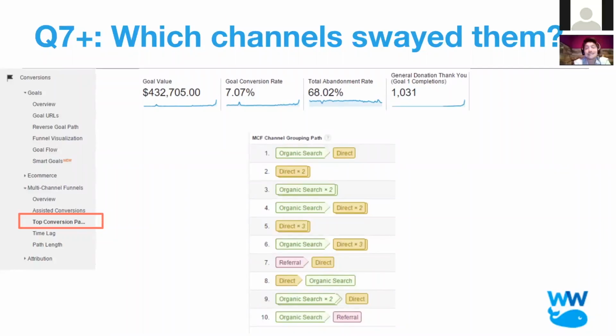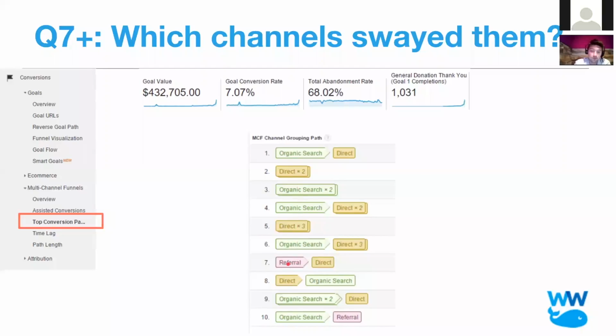poem on Power Poetry. And then, a couple weeks later, they come back and say, hey, what was that website that does that thing? Because I want to post my ode poem because I wrote it. They type in Power Poetry directly and go to the site. Now, if we ignore the fact that organic search helped there, we totally lose the value of how these channels work together. So in this case, this is direct.